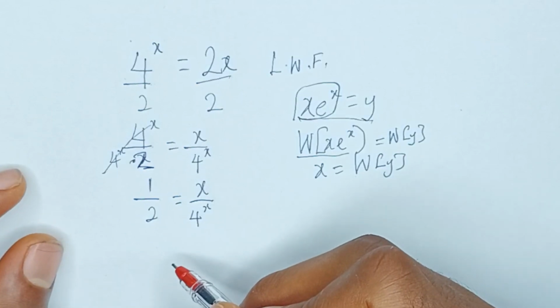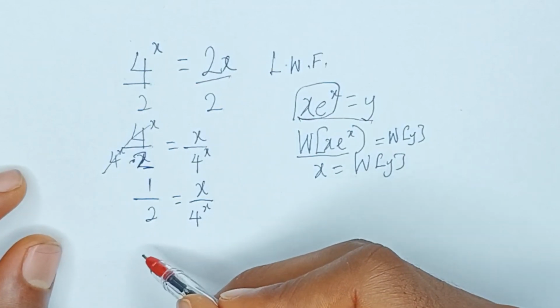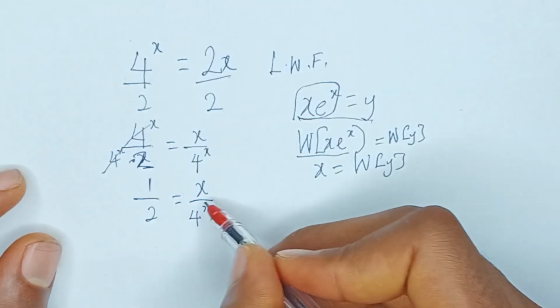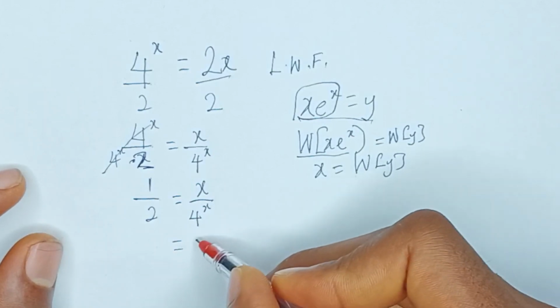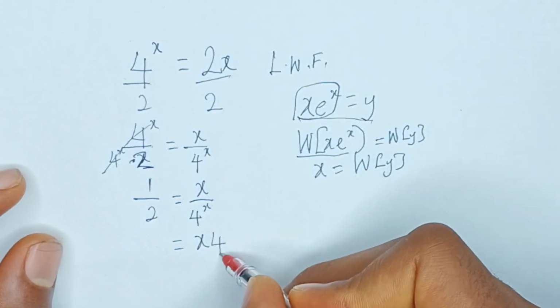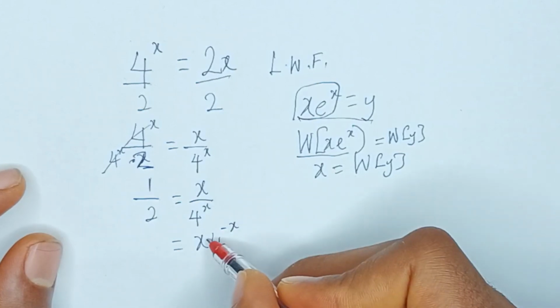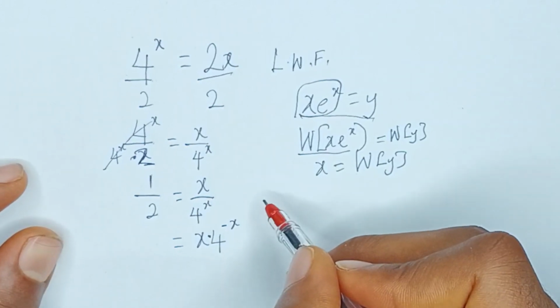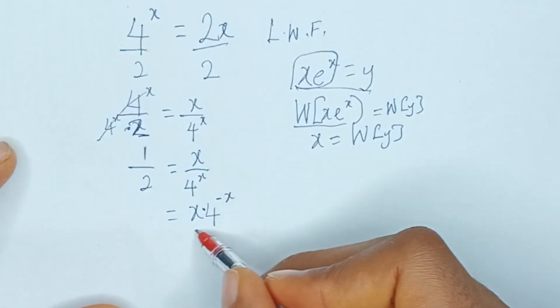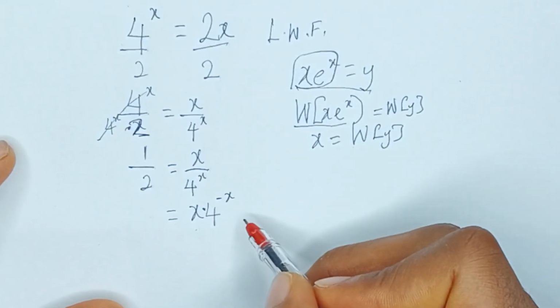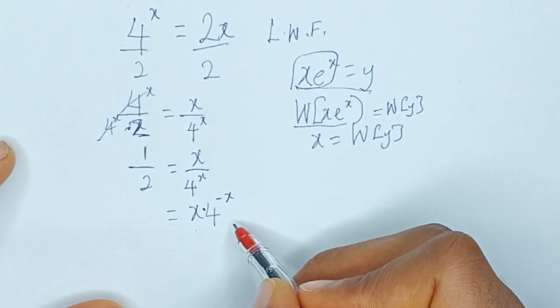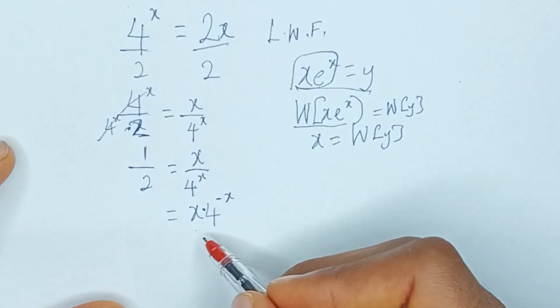Alright, so now we can decide that we want to express this in the form of x times 4 raised to power negative x. Now if you look at this, it still doesn't look like x e to the power of x, which is our goal point. Okay, so in order to achieve this goal point, what we simply do is,